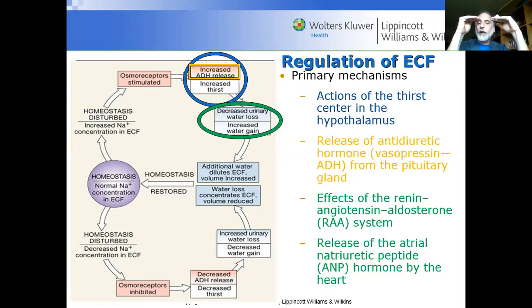And sodium concentration comes back up, and here we are again in homeostasis. Simple, right? We do it all the time. We don't even know that it's happening. Again, this is where we're talking about